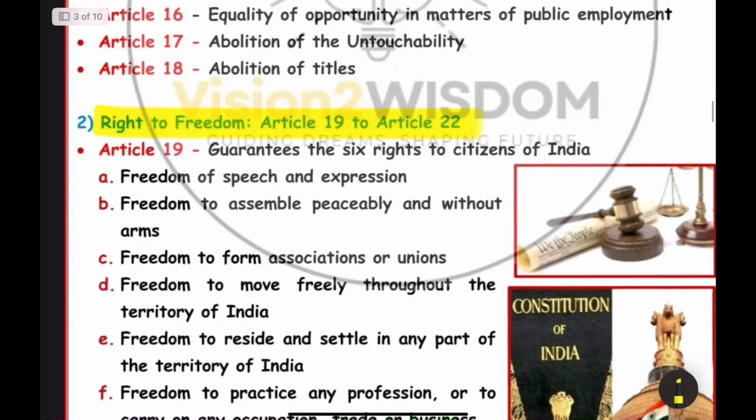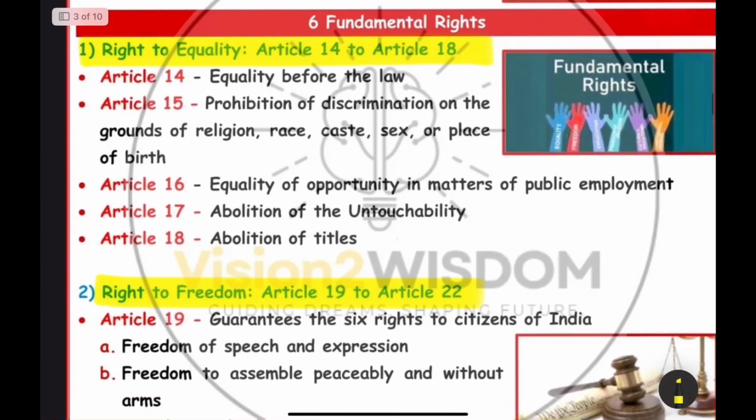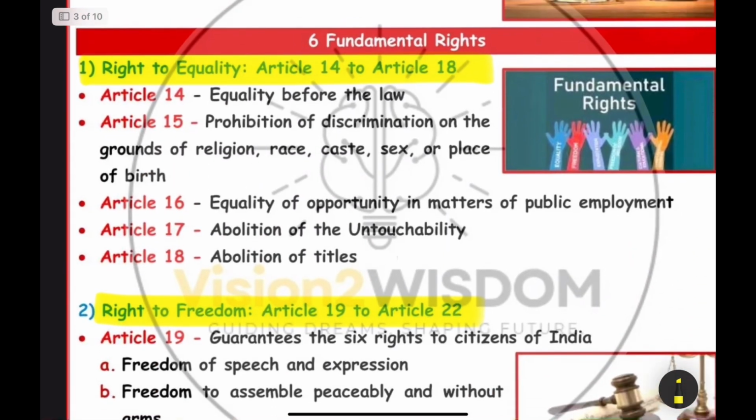Now let's dig deeper. In the first fundamental right, the right to equality from 14 to 18, Article 14 speaks about equality before law. That means nothing can be more important